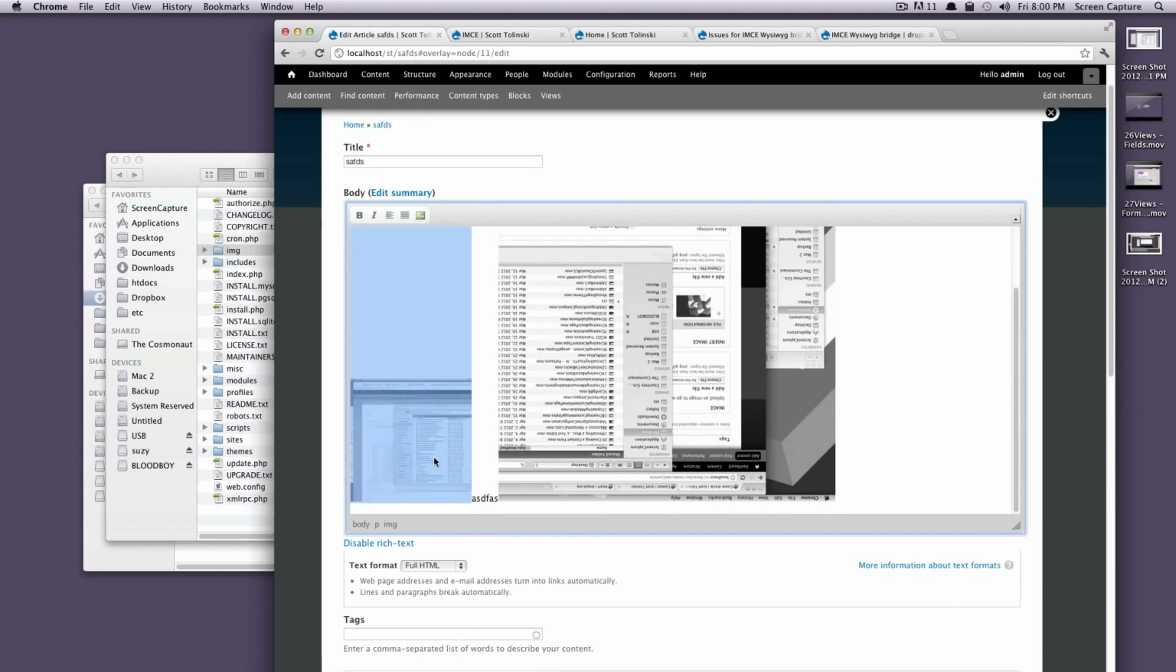So that's how to upload images and browse your server for the ones you've already uploaded using IMCE and